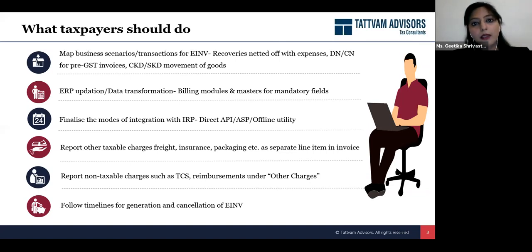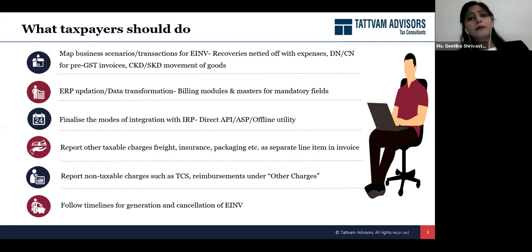So the law is very clear on that. There is no requirement of generating any e-invoice for the delivery challan. The only requirement is to generate the e-invoice for the tax invoice that you are issuing, and therefore you need not have multiple e-invoicing for multiple movements.